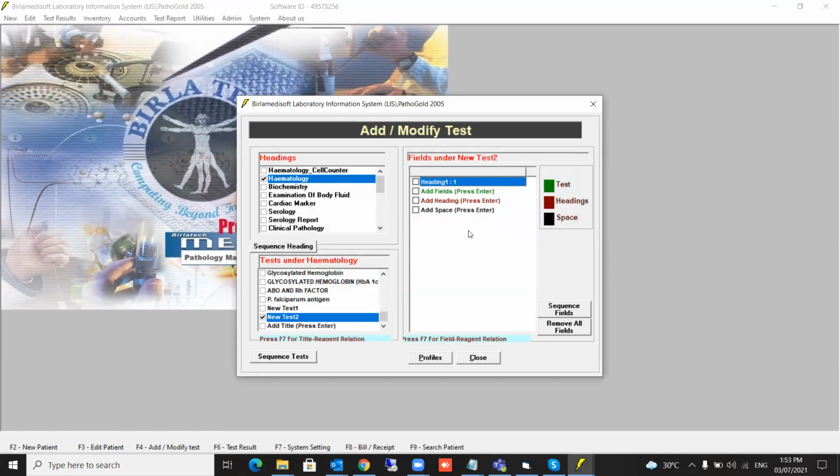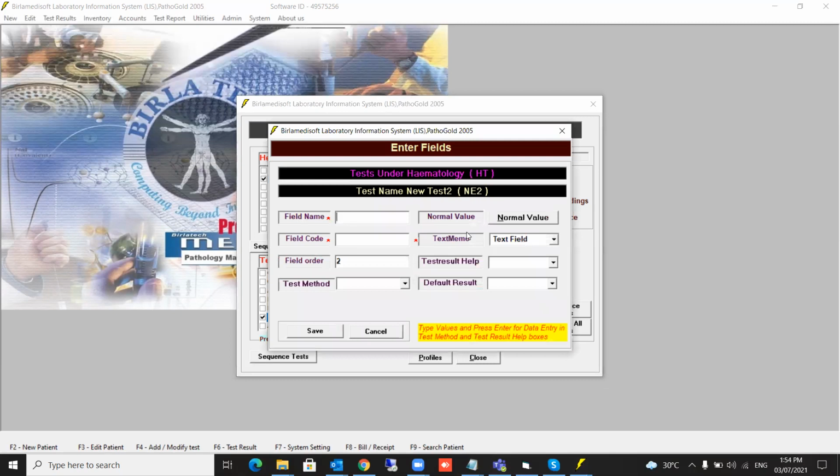Now I will add the fields. I'll say field, enter. Now I can just write field 1. You can just type whatever the field is. Let's say first I write result. This is my field. Here you have to define 4 characters.